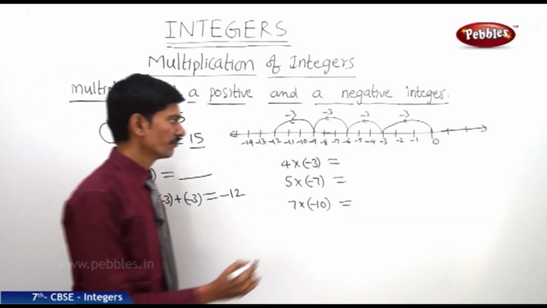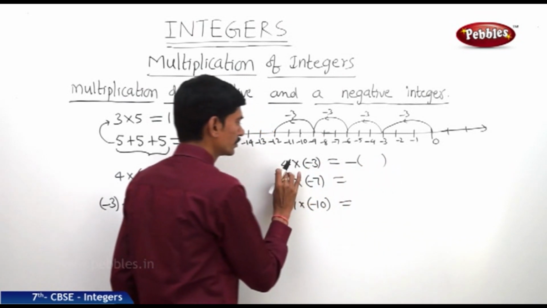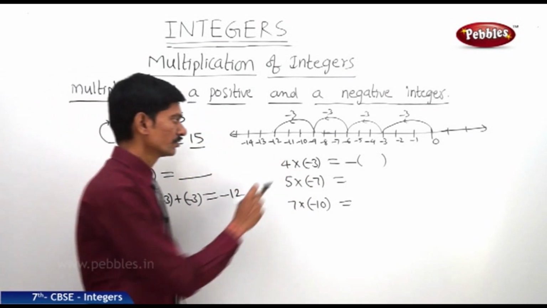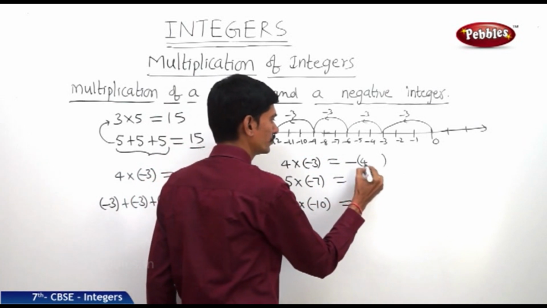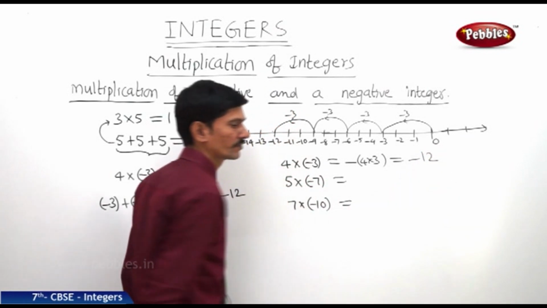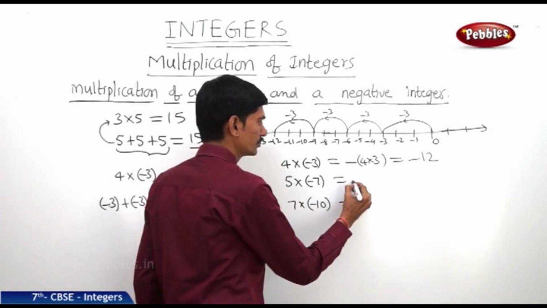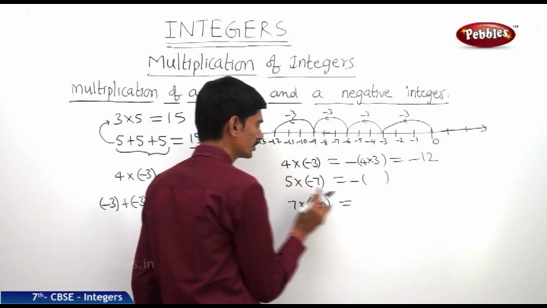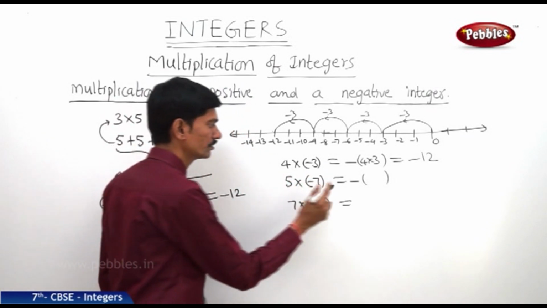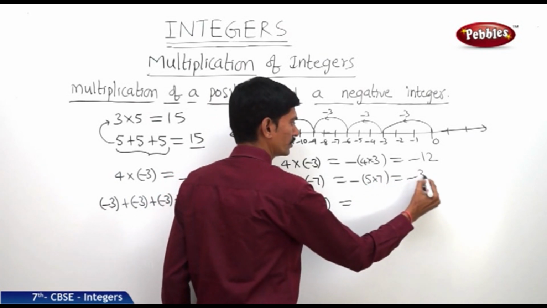So for this, first you write the negative sign and write the two numbers as we multiply whole numbers. Now 4 and 3. So 4 into 3 equals minus, 4 3s are 12. And in the second question also, first you write the negative sign before the product, then just multiply the two numbers as we multiply the whole numbers, like 5 into 7. So this equals minus, 5 7s are 35.